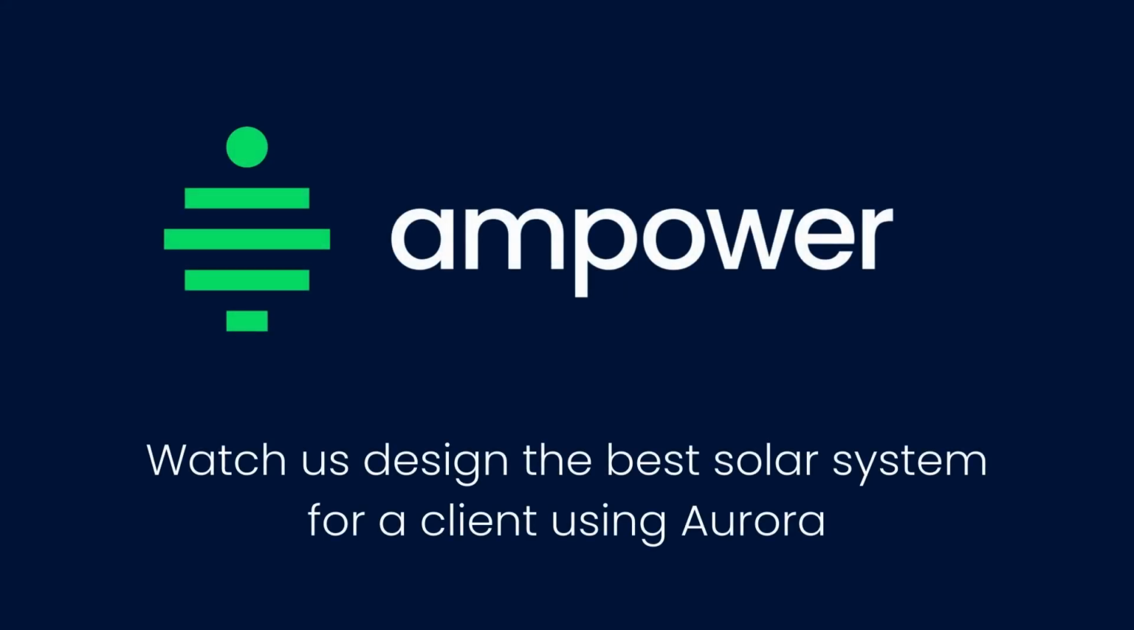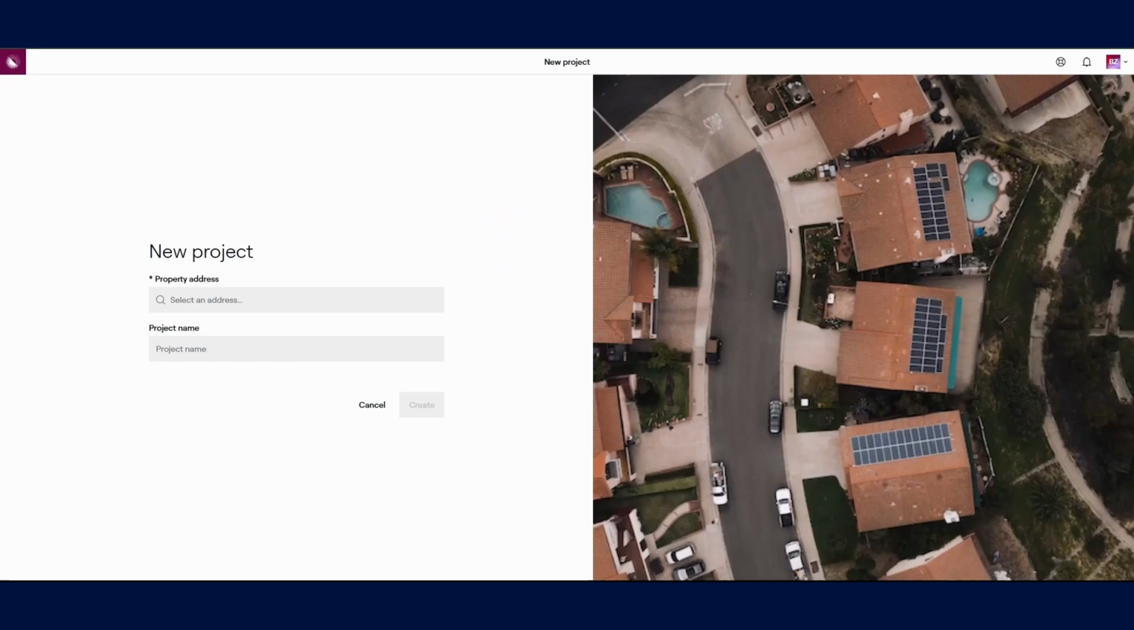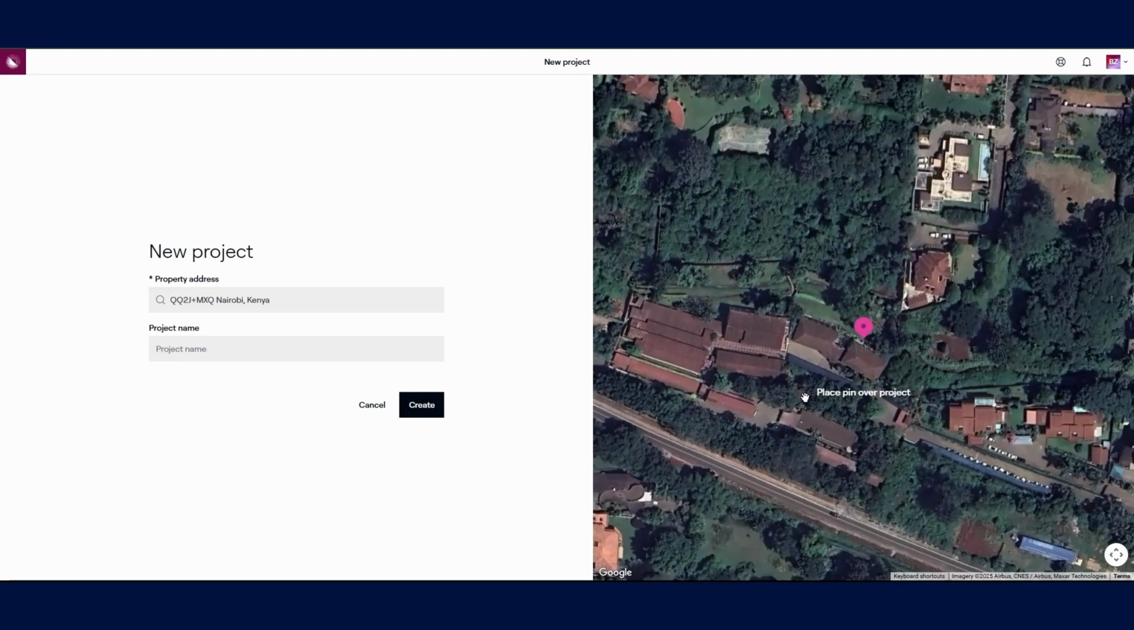Hello everyone. Today we shall be taking you through part 1 of our design process here at AM Power Solar. We ensure that every system is designed to meet every client's specific needs and resources using our software of choice,